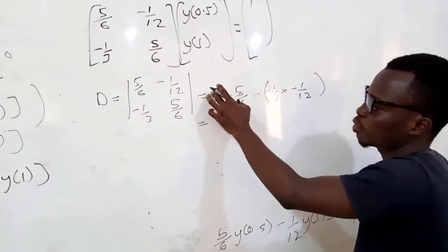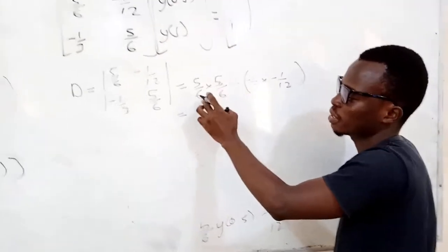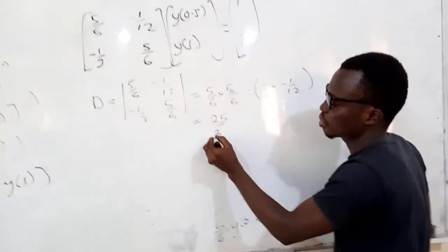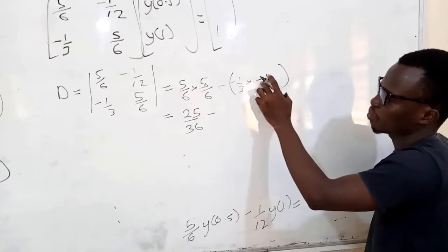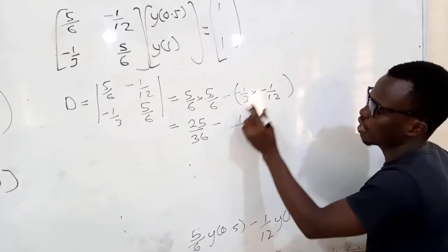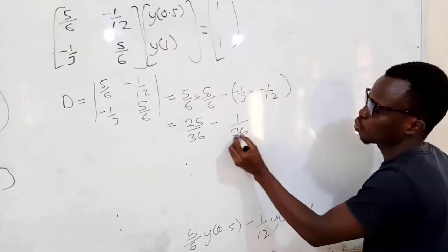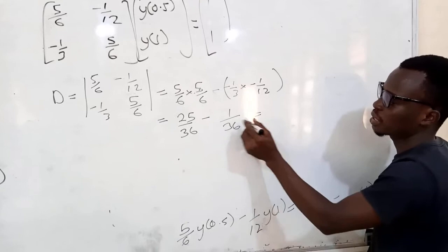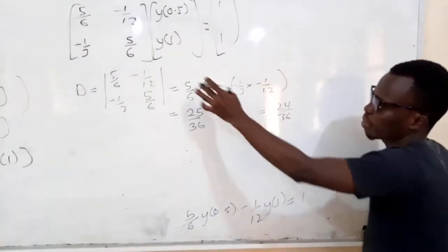5 times 5 is 25 and 6 times 6 is 36. So 25 out of what? 36 minus, here becomes minus 1 times minus 1, which gives 1, divided by 3 times 12, which is the same as 36. So 25 over 36 minus 1 out of 36, I'm going to get 24 out of 36